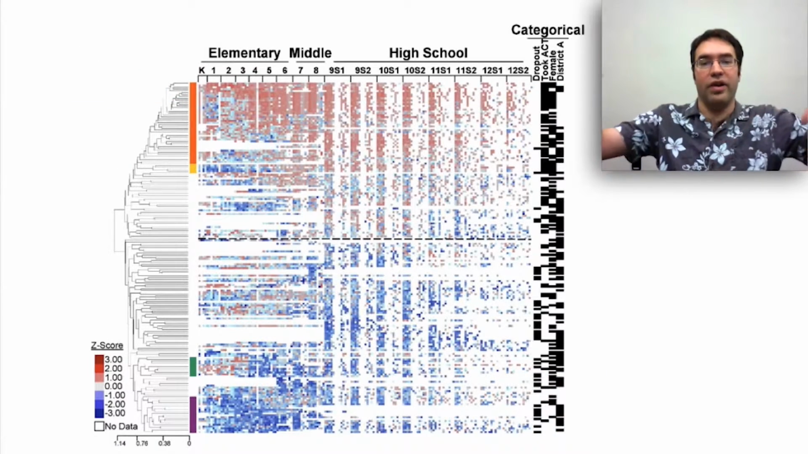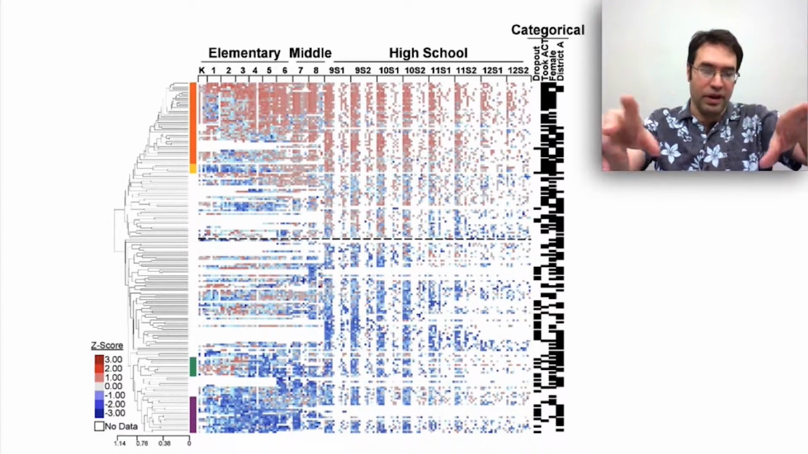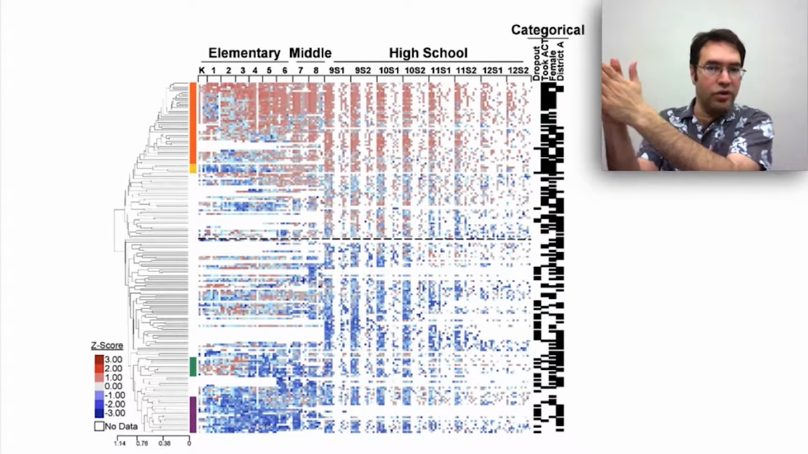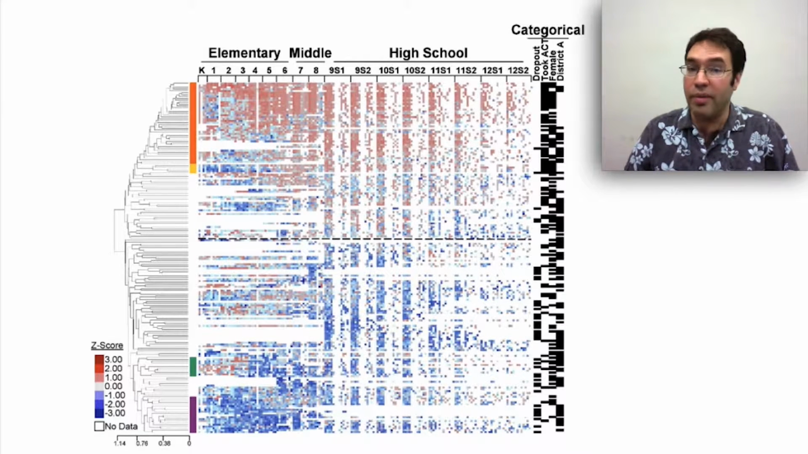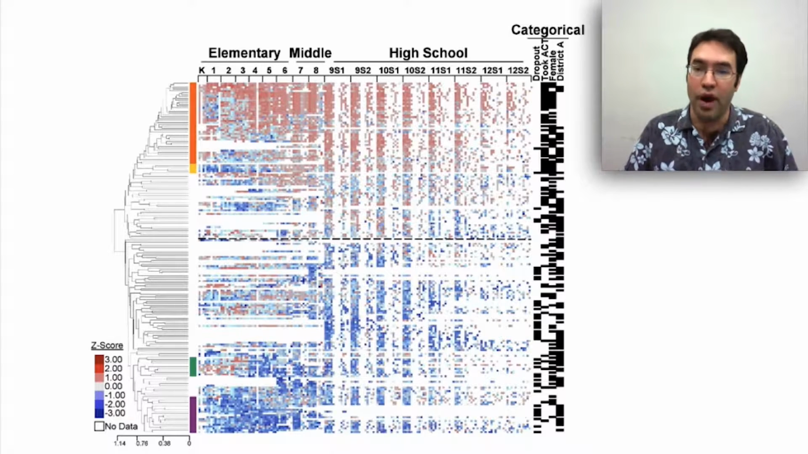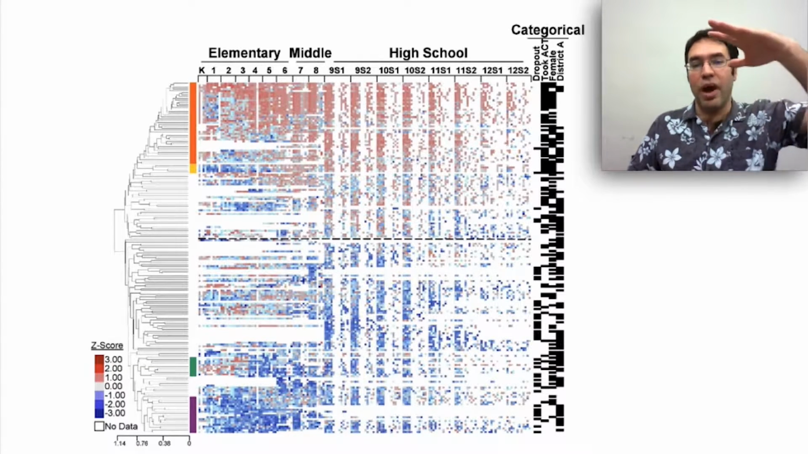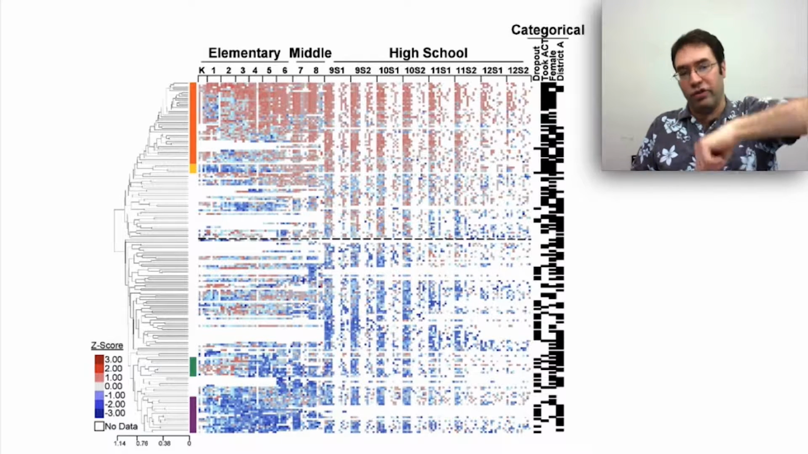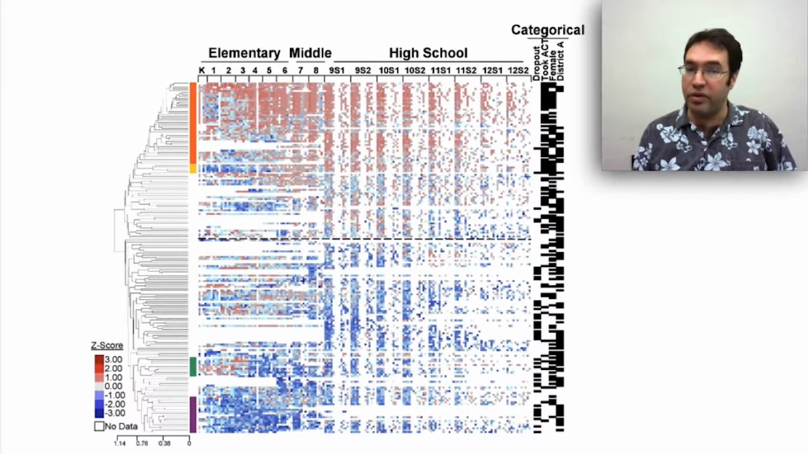So here you see his graph. It's a little complex, but let me help you break it down. If you go from left to right, you'll see student grades, elementary, middle, and high school. And on the far right, you'll see whether the students dropped out or whether they took the ACT college entrance exam. From top to bottom, you see lines for different students, and each line represents a different student in his